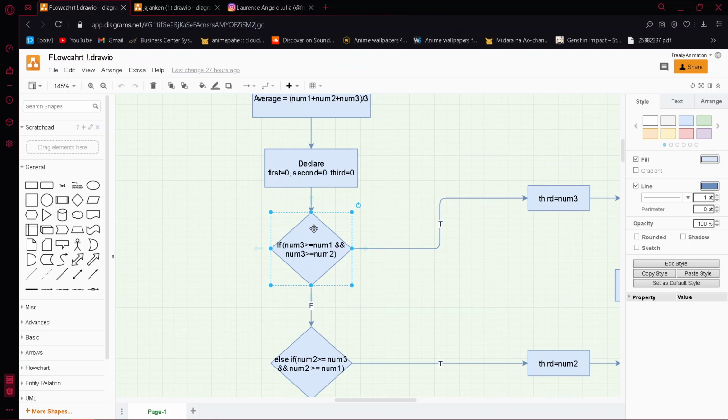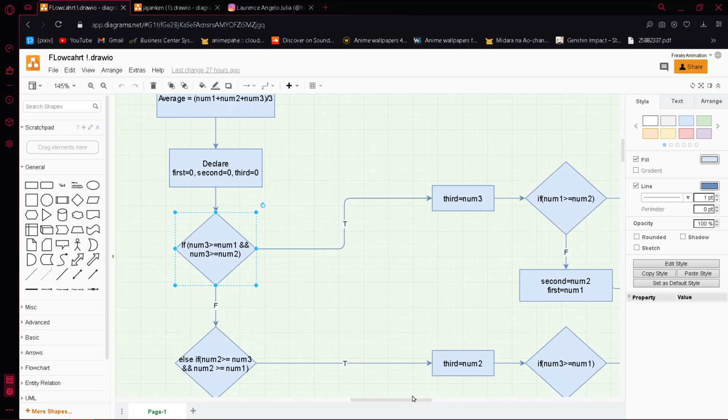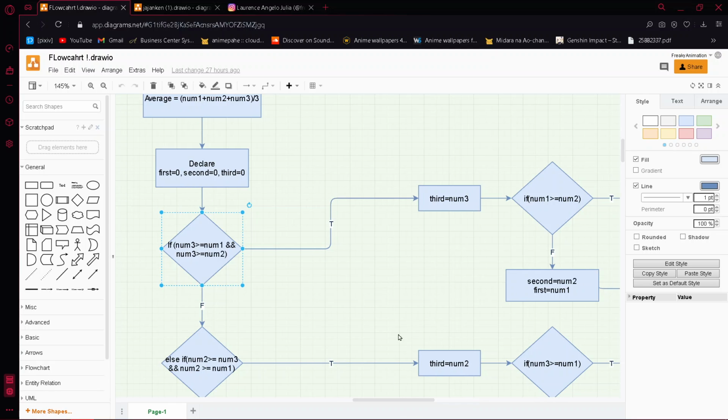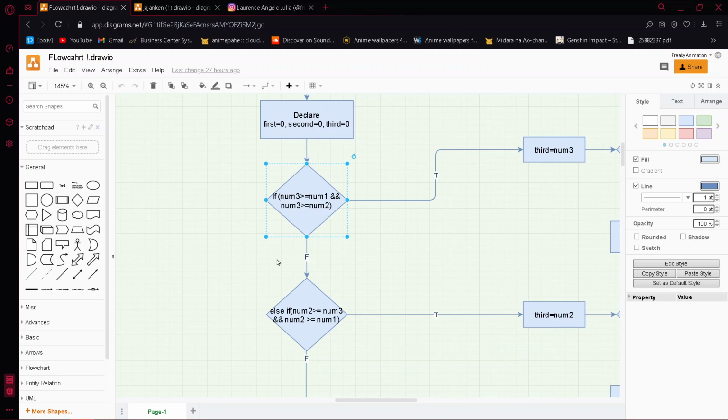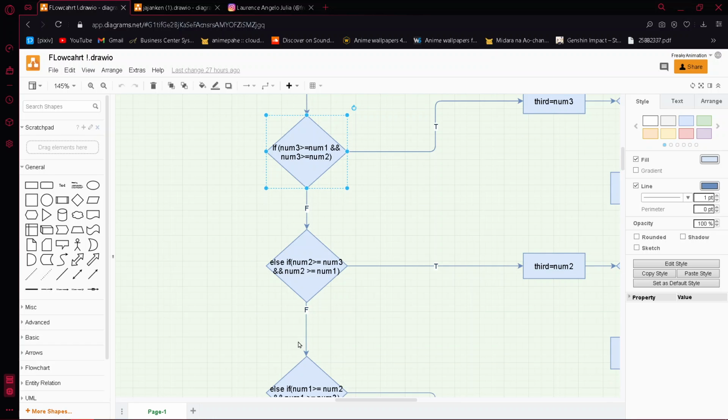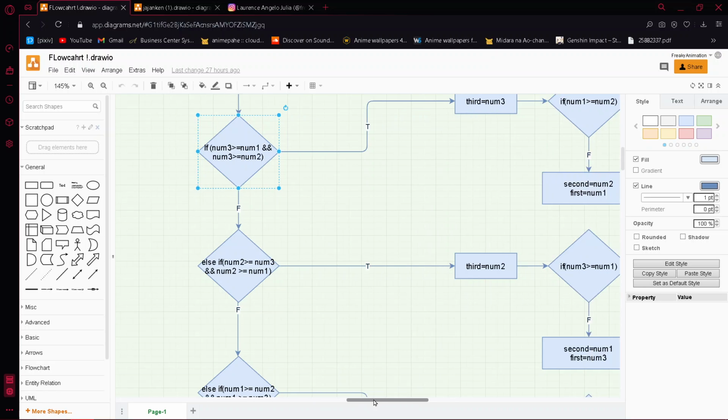In the first decision symbol, you can decide if it is true or false, because either num3 is greater than num1 or num2. In the second decision, if it is false, then num2 is greater than num1 or num3.